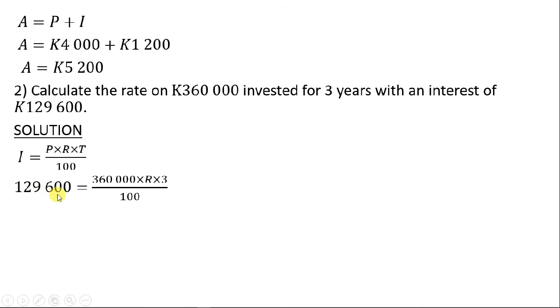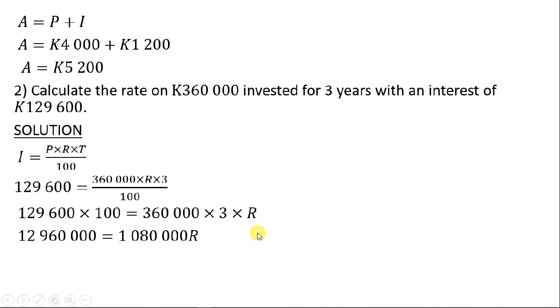Let's do that. So we have 129,600 is equals to 360,000 times R times 3 over 100. We'll cross multiply. We are going to say 129,600 times 100 is equals to, there's a 1 here. When you multiply by 1, we are going to get 360,000 times 3 times R. Let's do that. So if you multiply that, you are going to get 12,960,000 kwacha is equals to